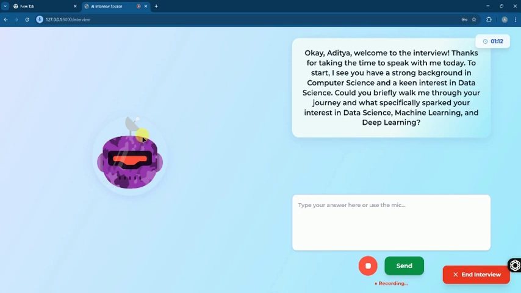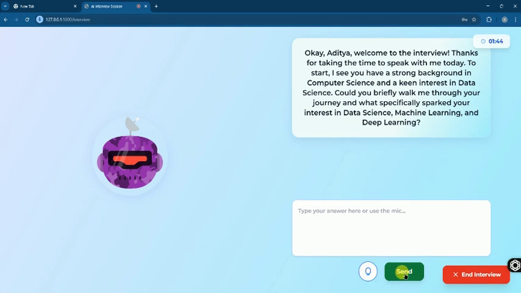with this and this. You can see the timer is going on at the top right corner, which will end in 45 minutes. The interview will be of 45 minutes. As soon as this question ended, you can see the mic turns red and it says recording. So it is recording my voice. Now, as soon as I say send, it will send my answer to the AI and we will get a next question. Hopefully,